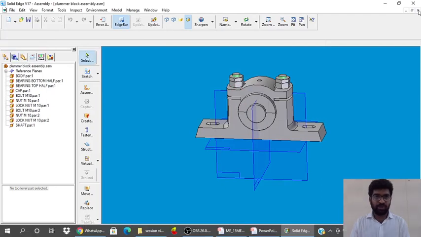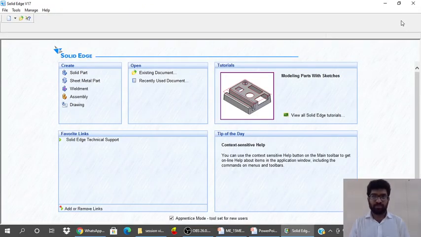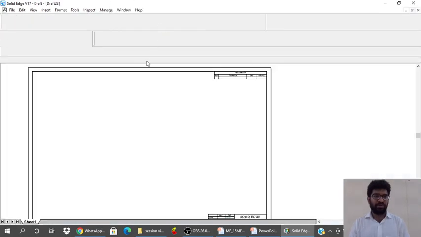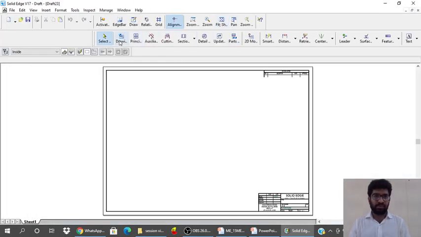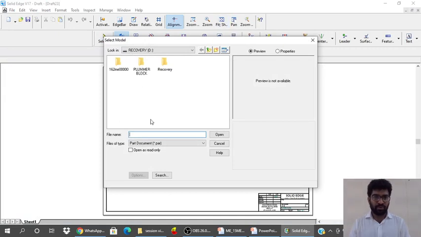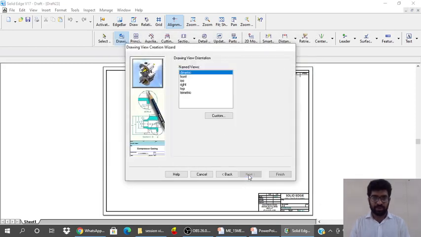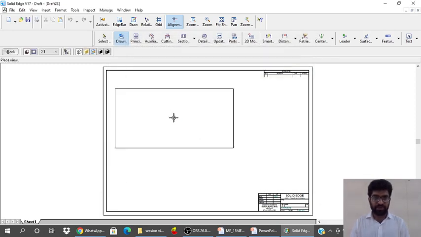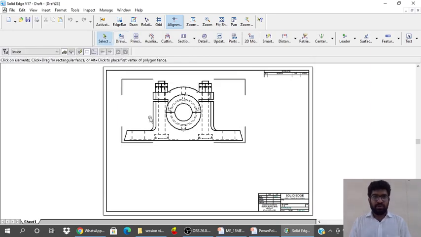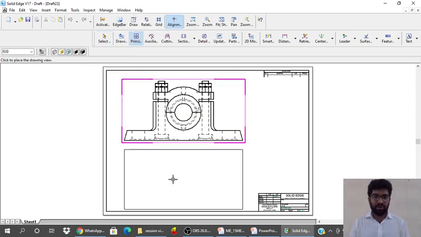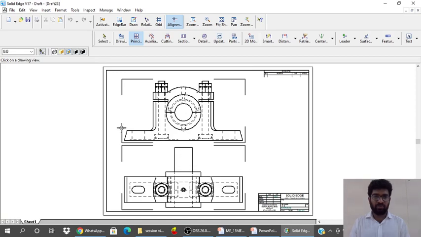I'll close this assembly which has been saved already. Now I'll create the drawing view wizard: assembly document, open, next, front, next, finish. So this is the front view of the plumber block. Select principal view, select this one view, place the top view. So this is the top view of the plumber block.